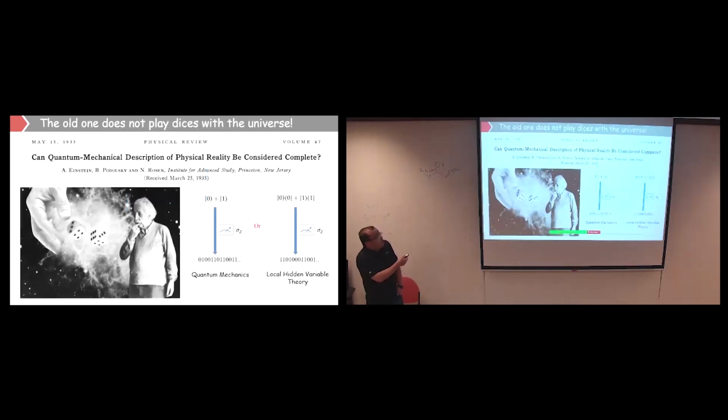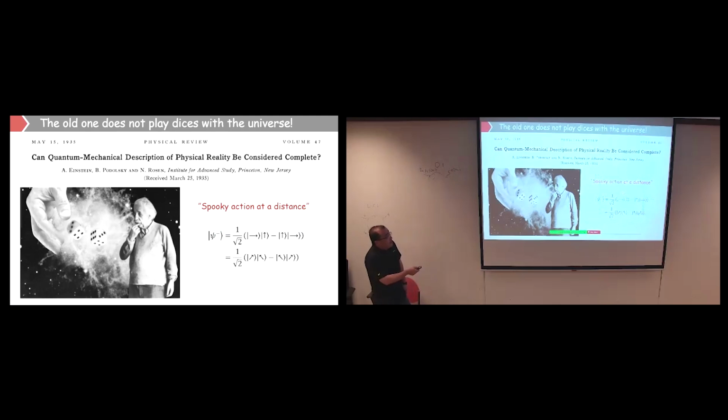I think most people have read this paper by Albert Einstein. He mentioned that he doesn't believe that the Old One plays dice with the universe. Thinking about it in terms of random numbers, people who believe in quantum mechanics think it's measurement-induced randomness, but there is also another theory called the local hidden variable theory. It can decide each time whether the measurement result is 0 or 1, but you just don't know. So how could you tell the difference?